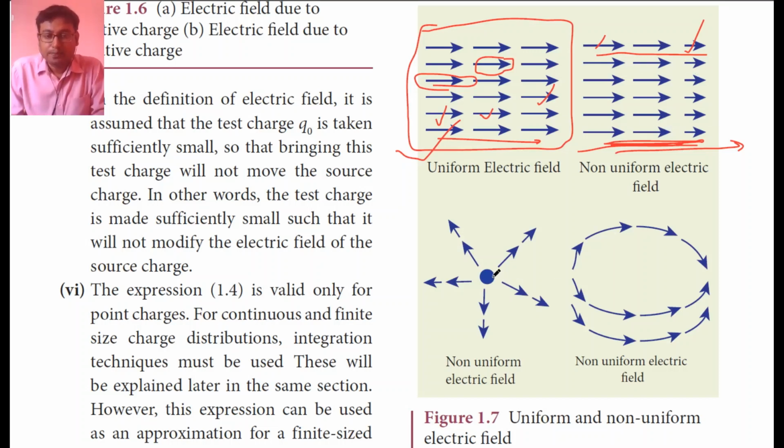As we have seen earlier in theory, whenever we have only one charge, a point charge, it creates a non-uniform electric field. Why? Because as we go away from the charge, the strength of the electric field decreases, and it is three-dimensional, not in the same direction. That is why its direction is not constant and also its magnitude is not constant. So a point charge always creates a non-uniform electric field. Here you can see the magnitude is changing as well as the direction is changing, both. So this is an example of a non-uniform electric field.